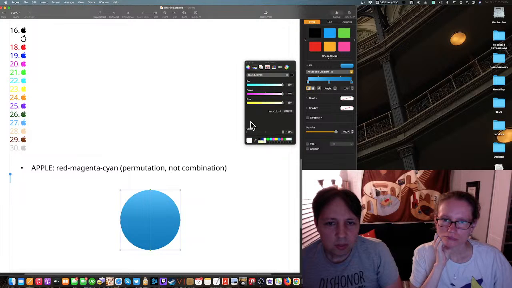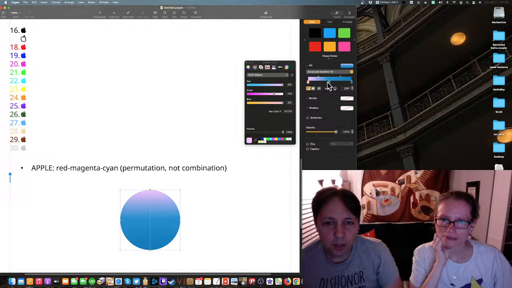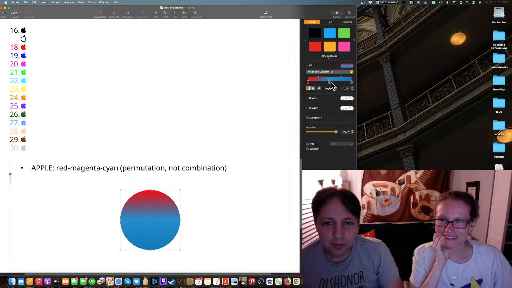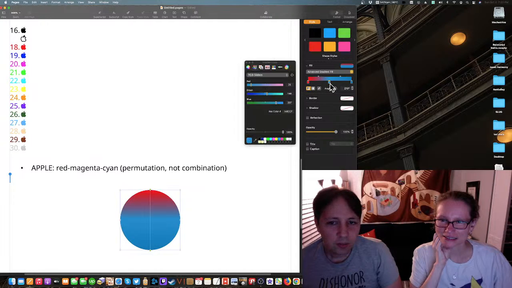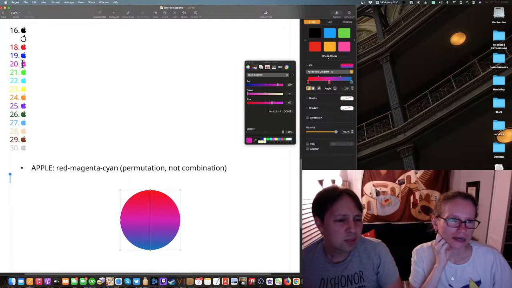And we're going to make this one red. Were you calling this magenta? Yeah. Oh, I was calling that pink. Oh, pink then.